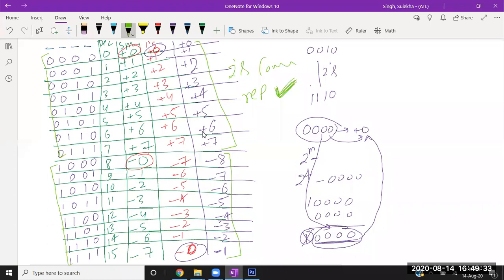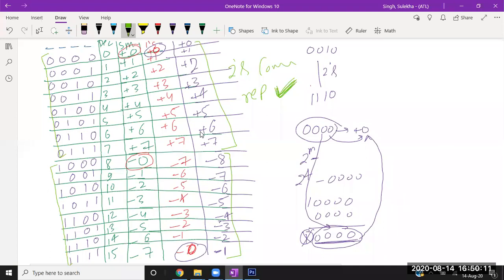So if you represent with a sign magnitude representation, then there is an overlapping. If you represent with a one's complement representation, there is an overlapping. But if you represent this system with a two's complement representation, there is no overlapping. And you can efficiently interpret by seeing the first bit, and you can easily recognize which type of number it is, if I represent all the numbers in two's complement representation for signed numbers. Okay, so is that clear?